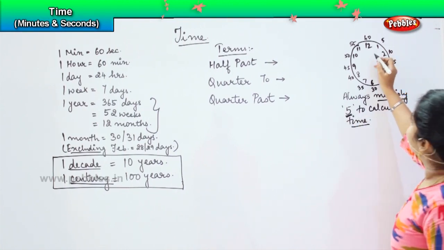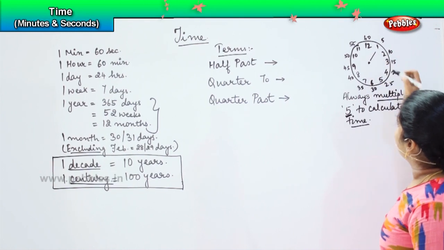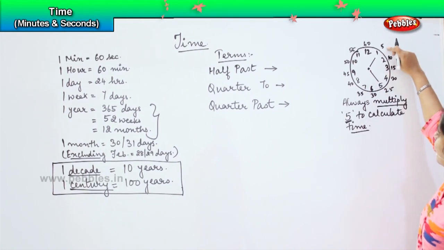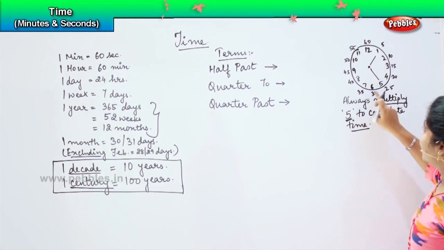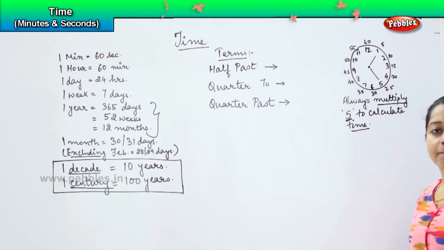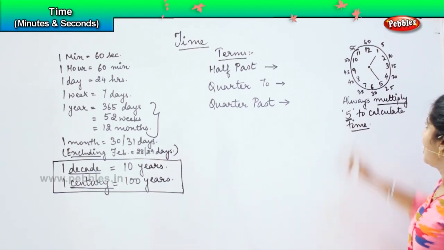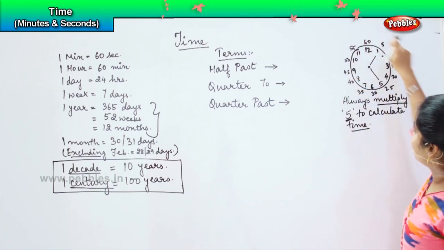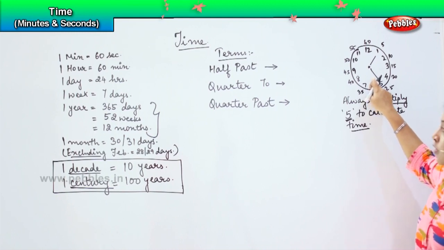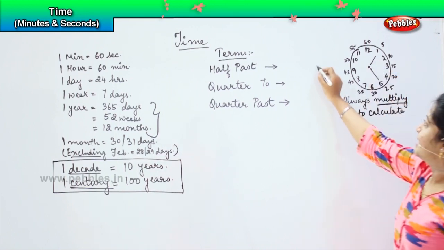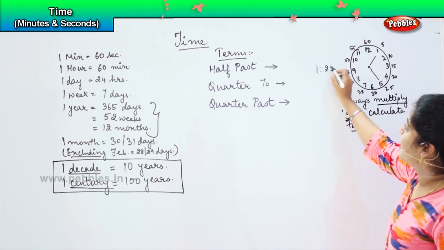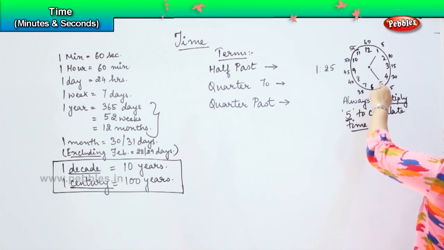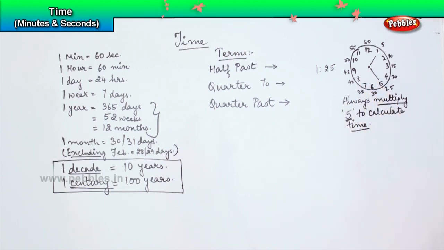Say for example, if my small needle is at 1 and my big needle is at 5. So how will you say the time, children? We know that 1 means it is 5, right? So this needle we will follow only for our minutes, not for our hour. Okay, our needle will say the exact value where the needle is seen. You will do this external calculation only for your minute needle. So when this time comes in, we say this can be said as 1:25 because my hour needle is at 1 whereas my minute needle is at 5, which is nothing but 25,